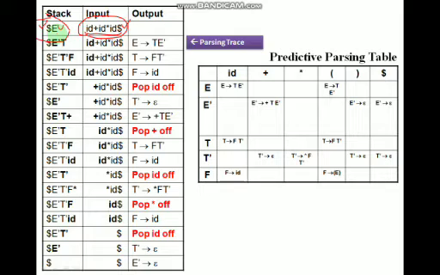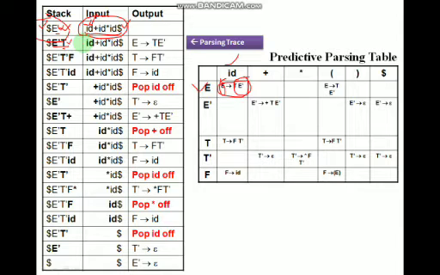Now see how the parser works. So E is at the top of the stack and the input pointer points to id. So we will consult the parsing table. What production rule will we apply? Here we have row E and the column corresponding to id. This is E, this is id. So we will use this production rule. That means in place of E we will apply T E dash. So look here, we will keep T at the top. So this is T E dash.